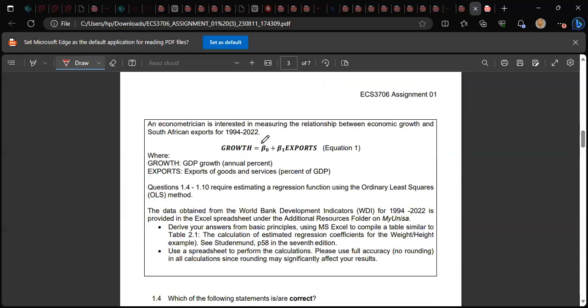Let's jump from that. Now we are jumping to where we are given growth. In economics, we are interested in economic growth. So we are given,